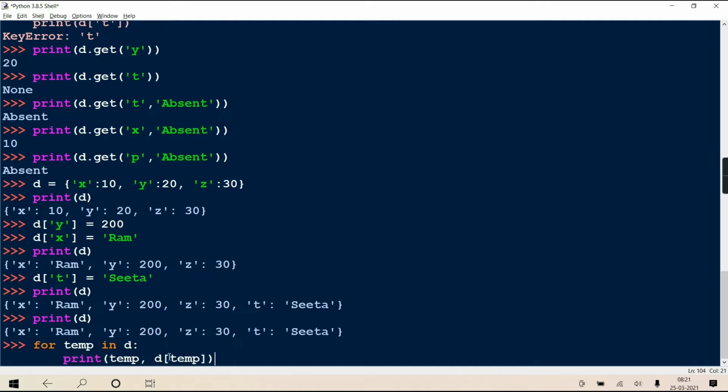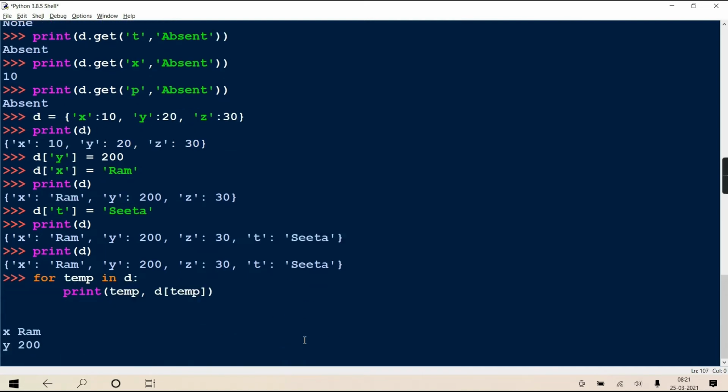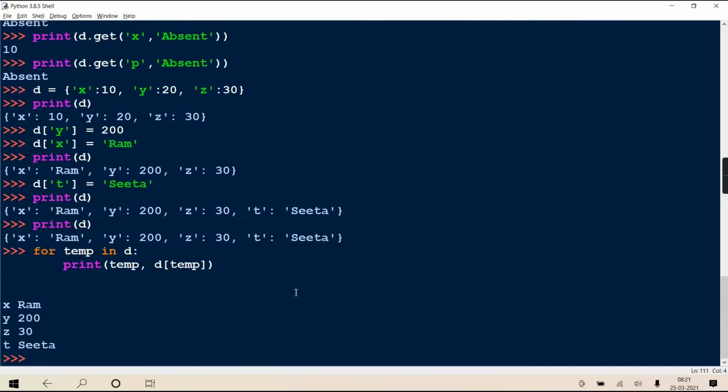So d of x, d of y, d of z, d of t. So for every iteration, temp will return a key: x will come, then y, then z, then t. We are printing that x or y or z or t, and here we are printing d of temp, that is d of x, d of y, d of z, d of t.